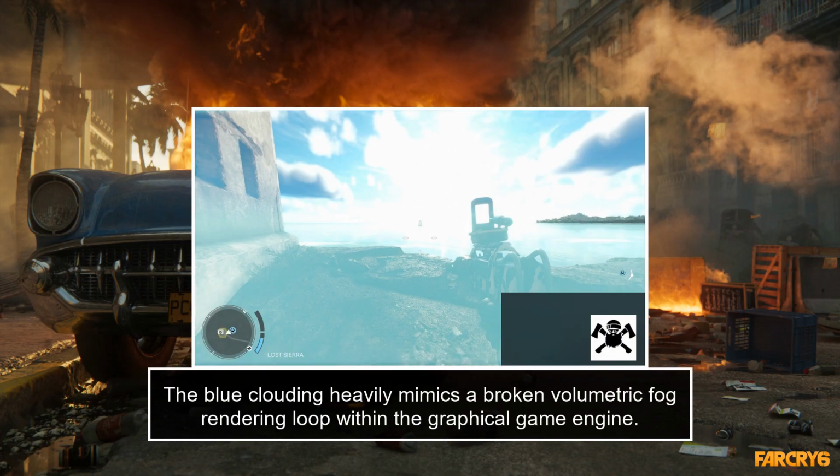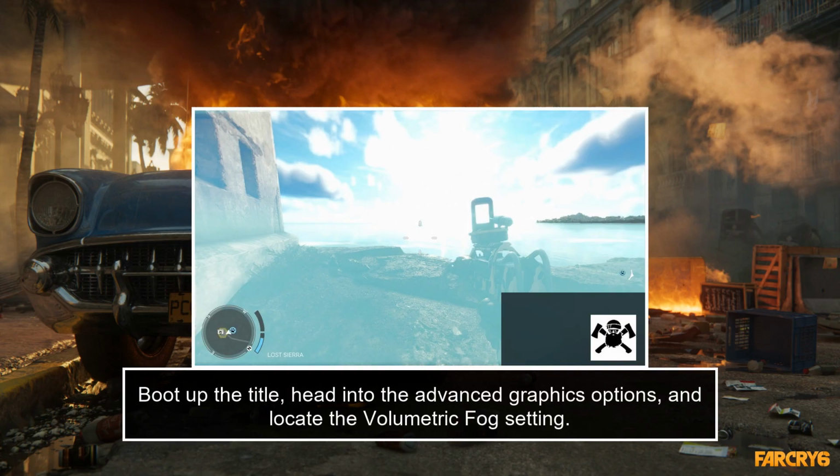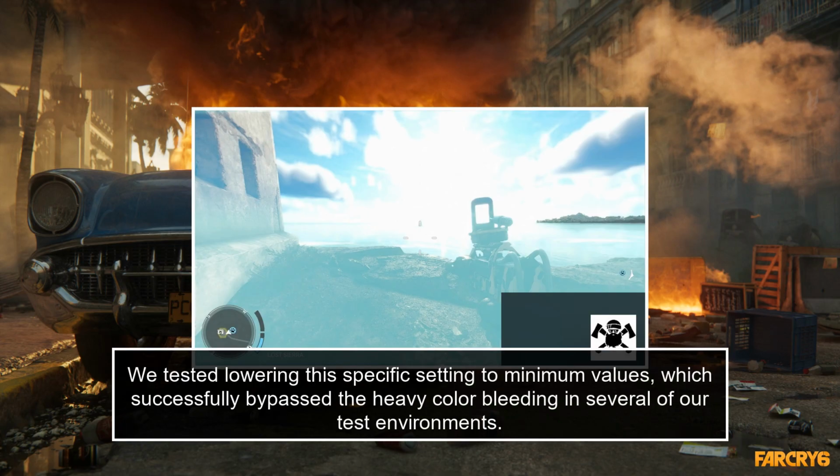The blue clouding heavily mimics a broken volumetric fog rendering loop within the graphical game engine. Boot up the title, head into the Advanced Graphics options, and locate the volumetric fog setting. We tested lowering this specific setting to minimum values, which successfully bypassed the heavy color bleeding in several of our